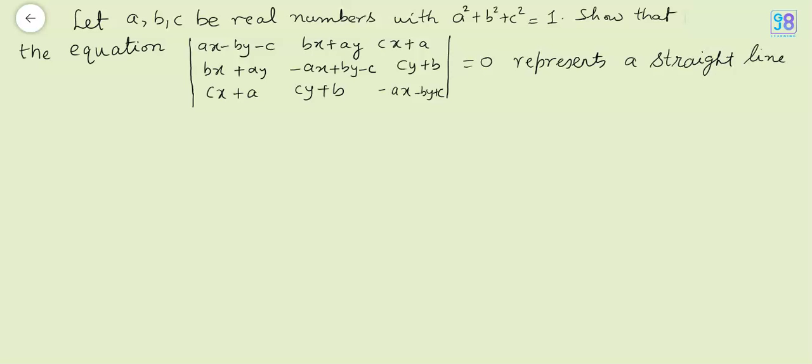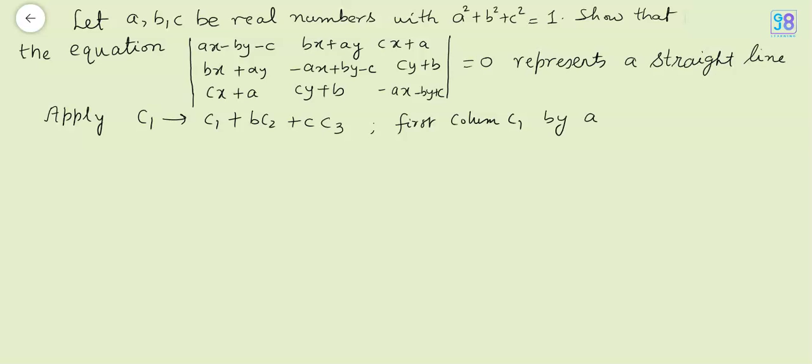For this problem, we have to prove that the expression given in the determinant represents a straight line. So let us apply the transformation C1 changes to C1 plus B times of C2 plus C times of C3. And before doing this, let us multiply the first column, which is C1, by A, so that the expression will